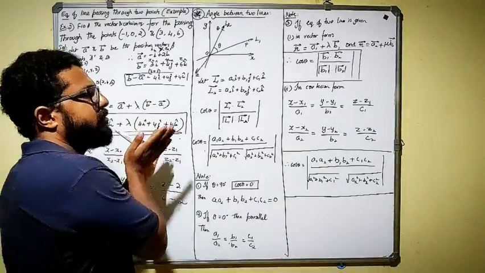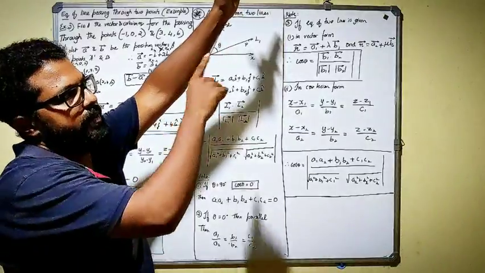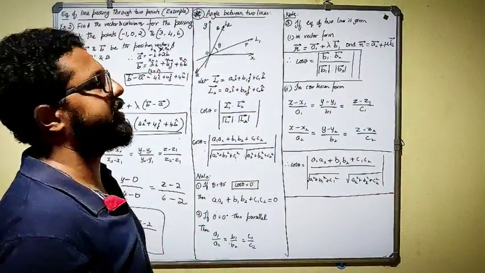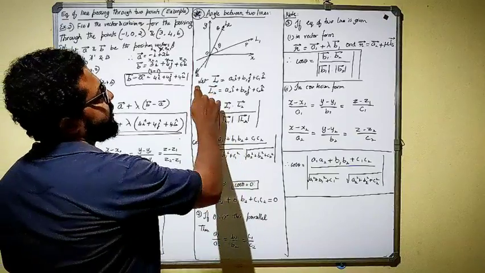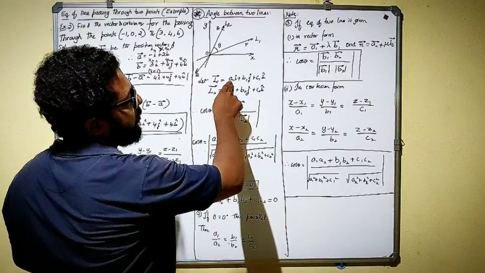Okay, L1 is randomly like that, L2 is something like this, just in space. They are making an angle theta with respect to each other. I need to find out what that theta is. So let me assume the first vector, the L1 vector or L1 line, in vector form as